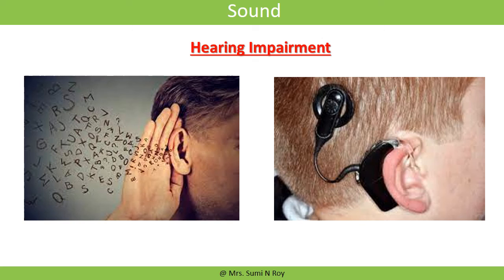Partial hearing loss is generally due to illness, ear infection, injury, or old age. A person having partial hearing loss can hear sounds properly by using hearing aids. A hearing aid is a small sound amplifying device worn on the ear by the partially deaf person. There are many instances in the world where even totally deaf persons have made great achievements in various fields and lived normal lives.